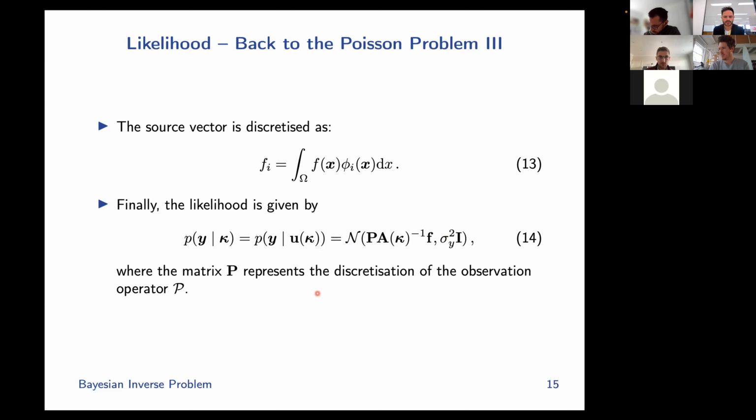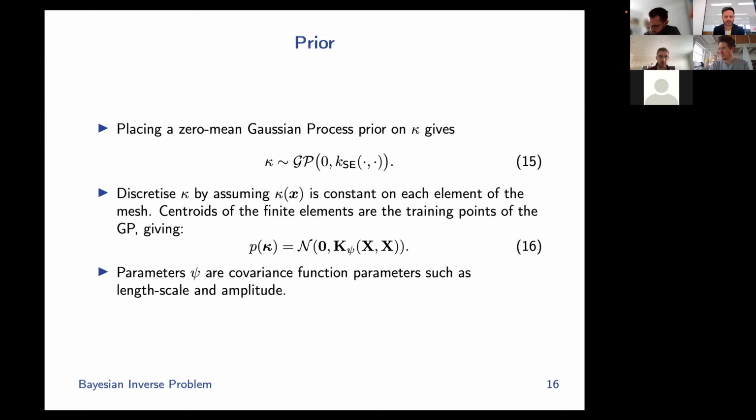And so this gives us the likelihood. Now the prior, so we assume a zero mean Gaussian process. The way we discretize kappa was by assuming that kappa is constant on each element of the mesh, and then the centroids of the elements are the training points of the GP, so the prior is a multivariate Gaussian normal